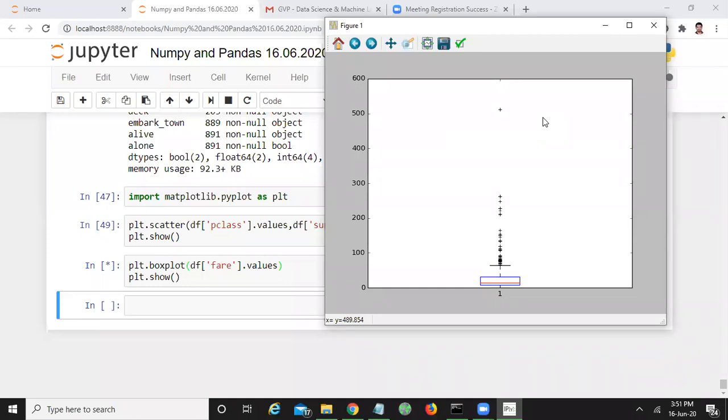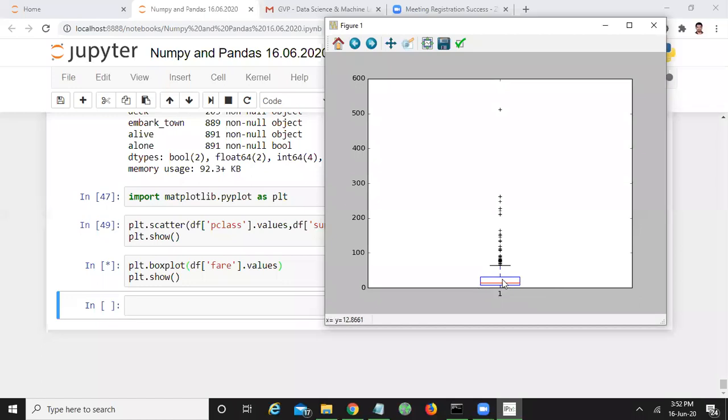Using a box plot I can identify the outlier passengers. Outlier passengers means those whose values are not at all in relation with the remaining examples of the data set.